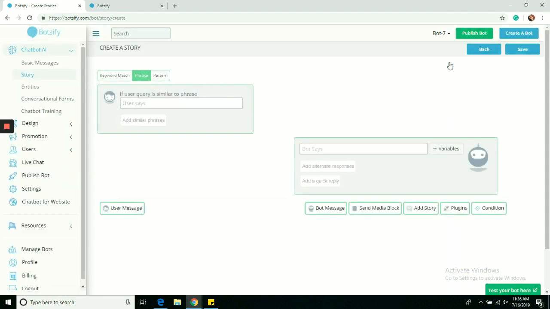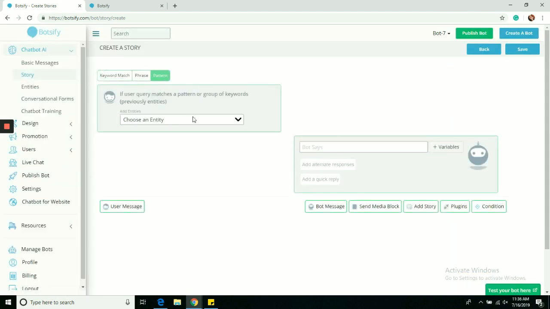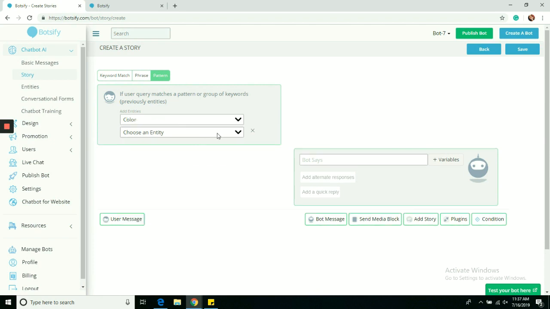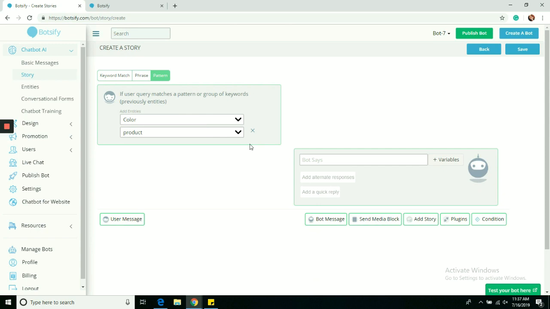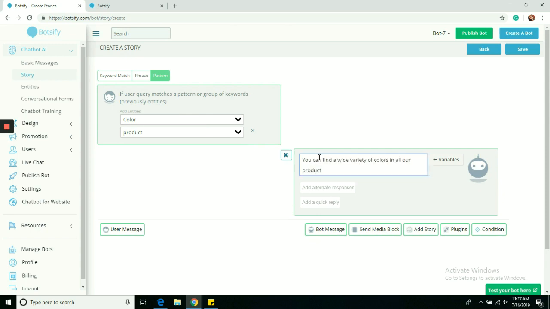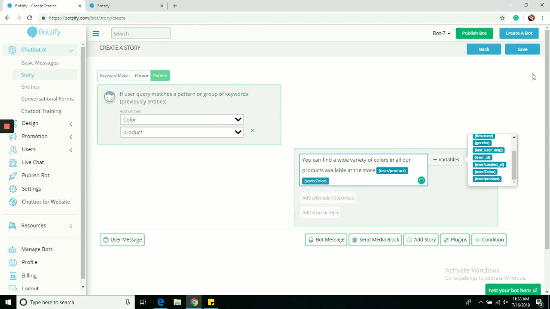Selecting Pattern Match in the user message type, choosing Color Entity as my first entity, and then choosing Product Entity. Now, let's create a bot response for this, saying that you can find a variety of colors in all available products. And then select both these entities as variables from this dropdown. This will trigger the user attribute storage anytime a user will include either of these attributes that we have predefined for our chatbot. Click Save,